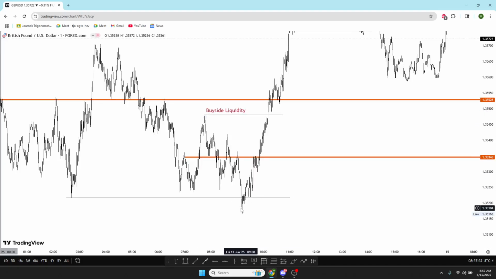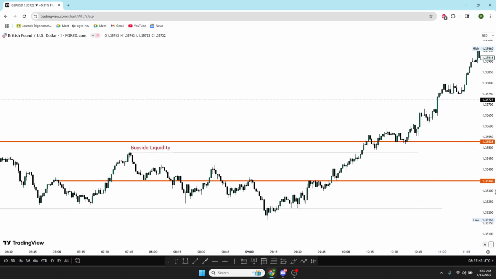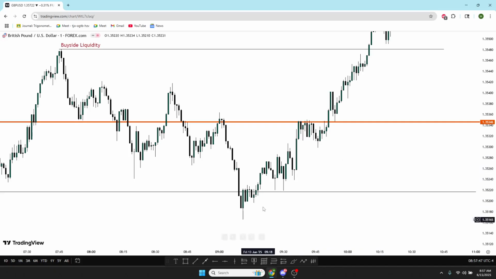So now we have this range, and now look, we create a model. If we're looking for price to come up here, we just look for the pattern now. So let's get deeper into price action. All right. So what do we have? We have the run, a strong move up here, right? And then we have the retracement,